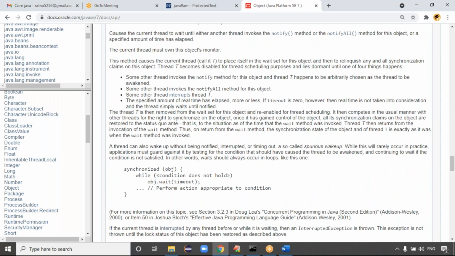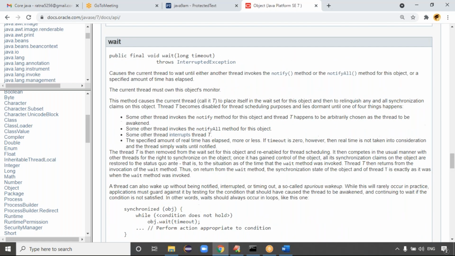Usman, you try to execute the javap command once: javap java.lang.Object in your system. Yes, javap java.lang.Object. You try to run the command once in your system. Java p command we are using, right?